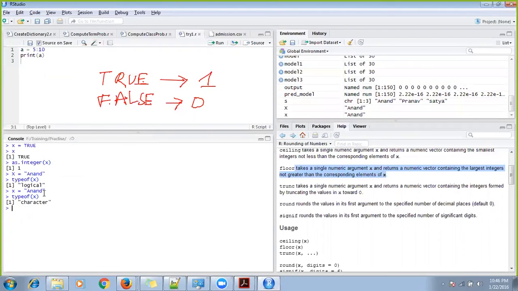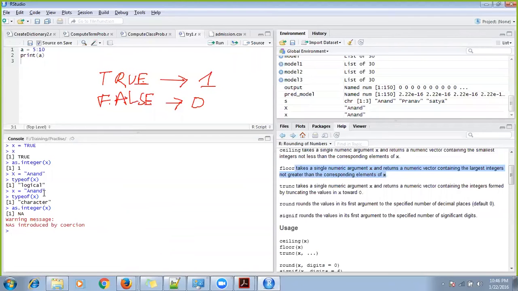Now I will try to convert this character into integer. Logically this is not possible. Let's see what it will throw. It is telling us to convert this scalar x to integer, and x was character, and it says not applicable. It is not applicable because you cannot convert character to integer.